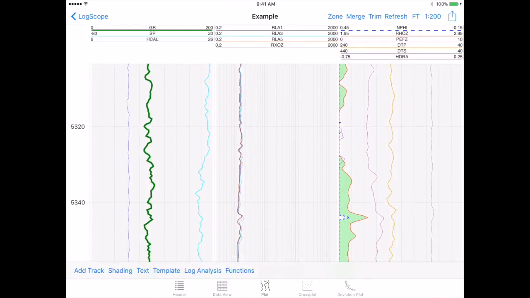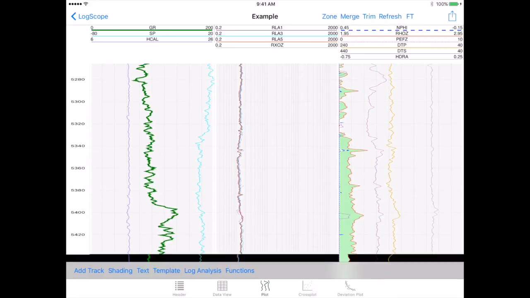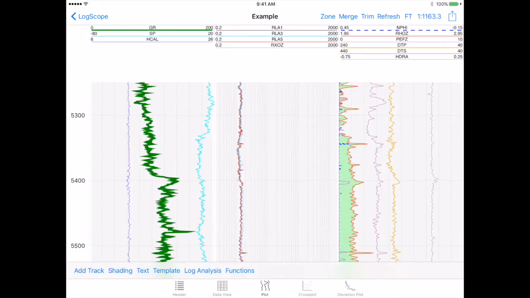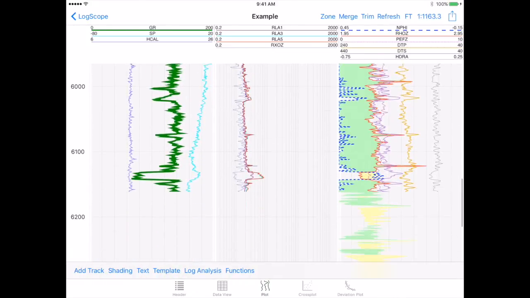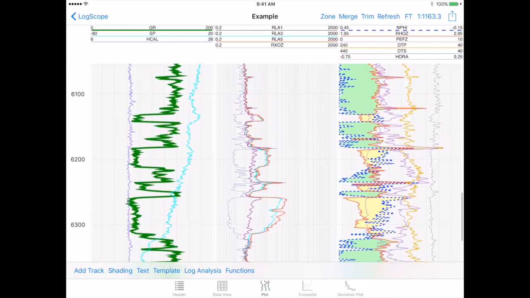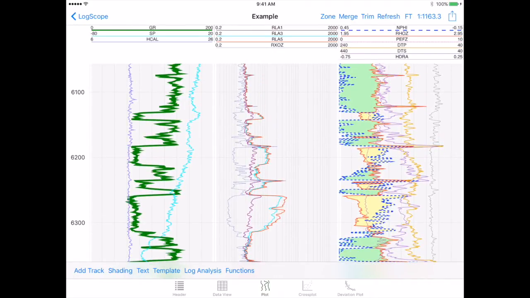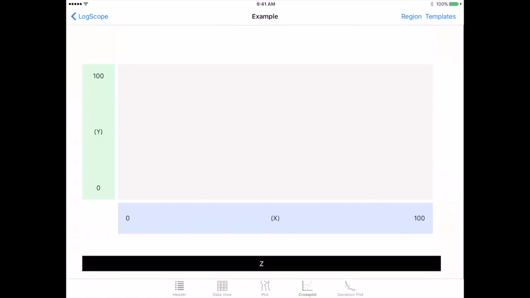The plot is displayed like so. I'm just going to pinch that up a bit so that we can actually see the plot. Down the bottom you have header, data view, plot, cross plot and deviation plot. So we go to the cross plot